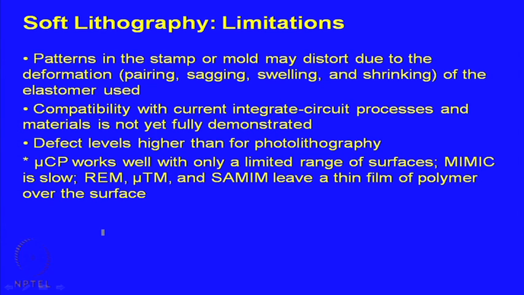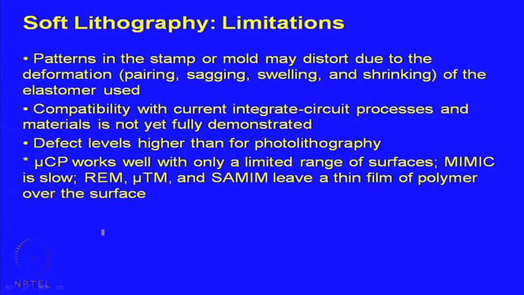In microcontact printing, there are some material restrictions for some of the methods. For example, microcontact printing works well with a limited range of surfaces like gold or silver coated surfaces, as we already talked about, because the surface has to offer good binding with the thiol ligand. MIMIC is slow because it's a capillary driven process and it doesn't work for long lengths. Replica molding, microtransfer molding, and SAMIM leave a thin layer of polymer, the remnant layer, as we have already highlighted, which has to be removed by reactive ion etching